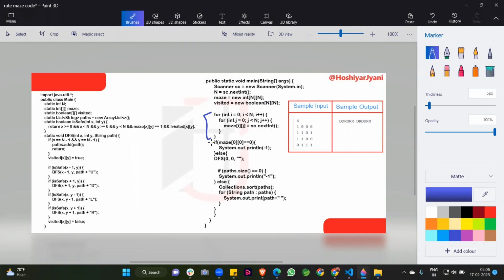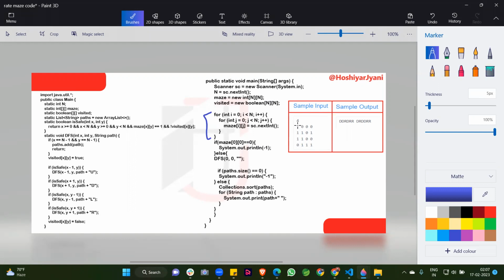After that, I am checking the starting position for further execution of this code. If our maze 0 comma 0 element, the first element we took as input, is 0, then we simply print -1, because there is no entry point for visiting further. There is an obstacle at the first point.